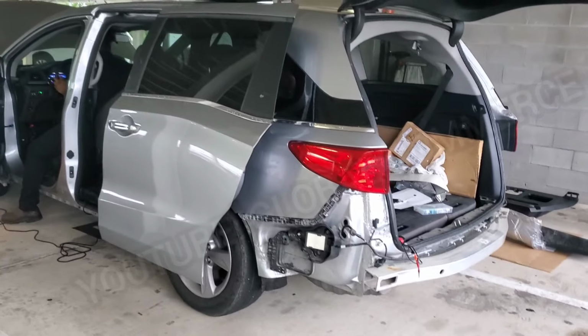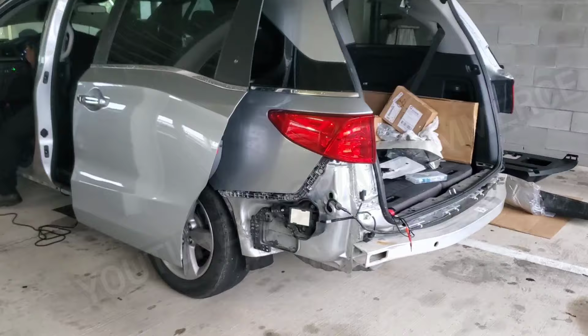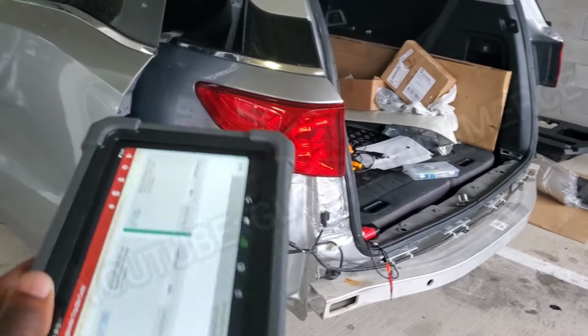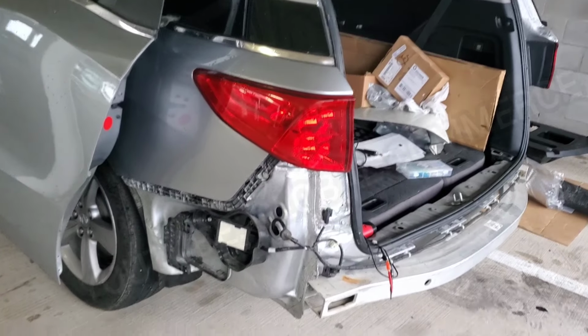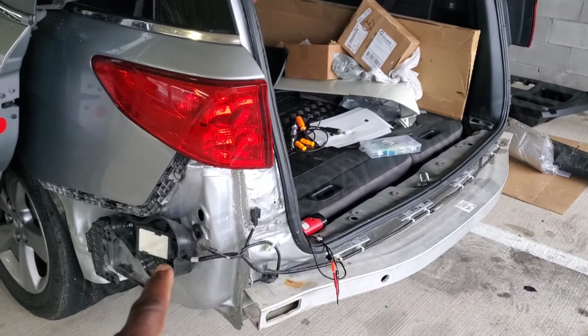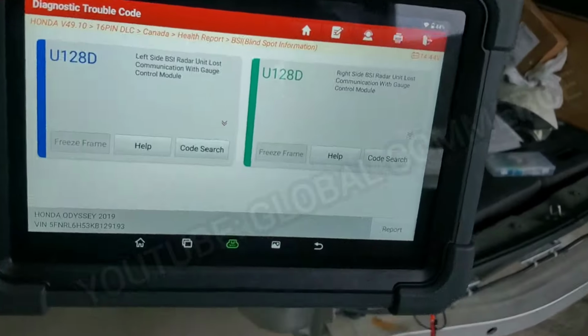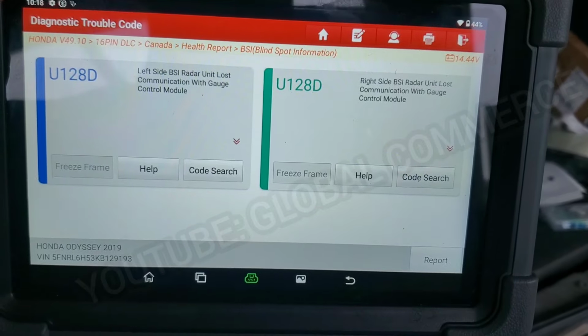All right, guys, we got a 2019 Honda Odyssey. The problem with this car was there was an accident on this side, and they replaced this quarter panel skin. And when they did that, they also replaced this blind spot radar. And what we're getting right now on this vehicle are these two error codes that they lost communication with the